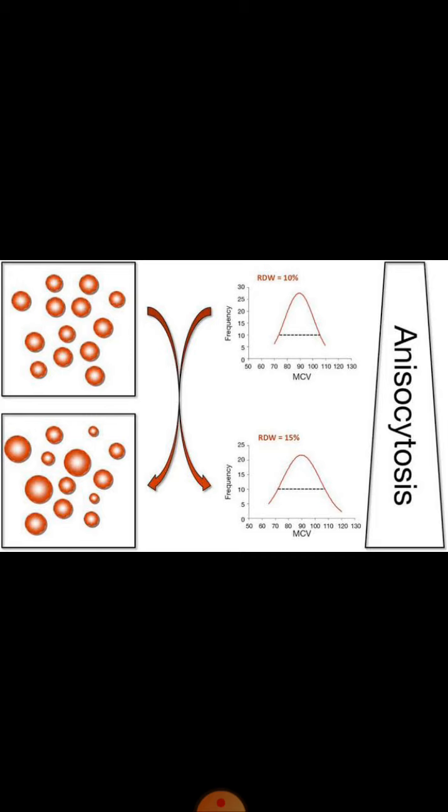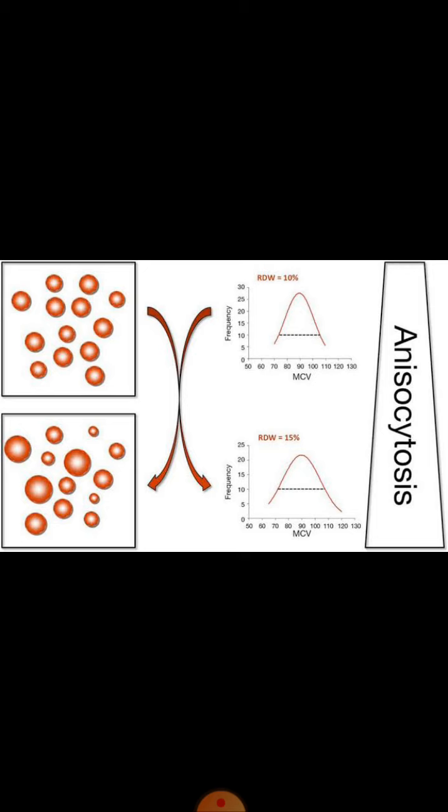Next we have red cell distribution width. In order to understand it, first of all we should know its definition. It is actually the measure of the range of variations of red blood cell volume. Here we can see that this is the mean corpuscular volume. So the measure of the range of the mean corpuscular volume of the RBCs in the blood of a person is known as red cell distribution width.